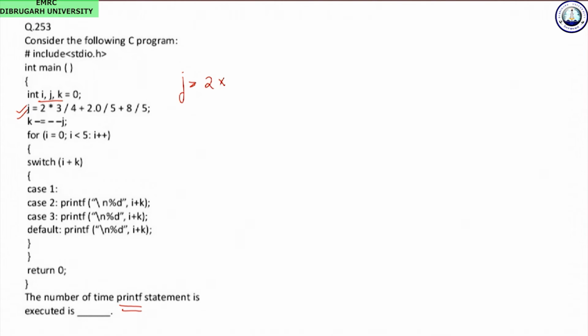2 into 3, 2.0 by 5 plus 8 plus 8 plus 5. Okay, so one thing you have to think about is the precedence of the various operations.